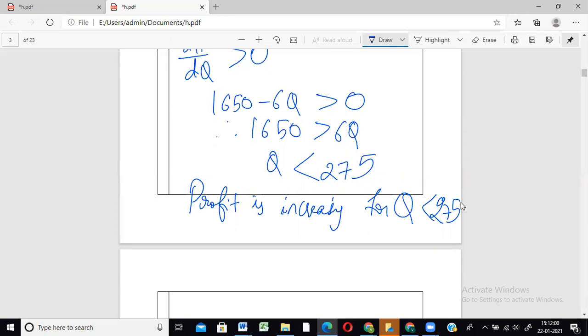So let us do the other problem. The other problem kind of involves elasticity of demand, and there were many cases of elasticity of demand which we did in the previous class. Like what depends on the value, if it is between 0 and 1, if it is exactly equal to 1, if it's greater than 1, then what: elastic, inelastic, perfectly unitary, and we had all those types in the last class. So the next problem is somewhat similar to that, where you'll get many values of elasticity of demand and then you have to interpret what the value means.